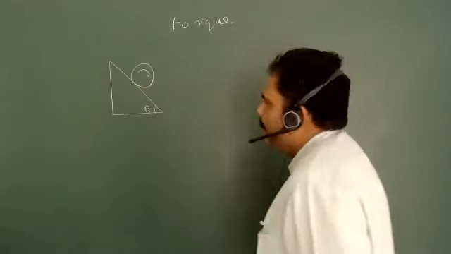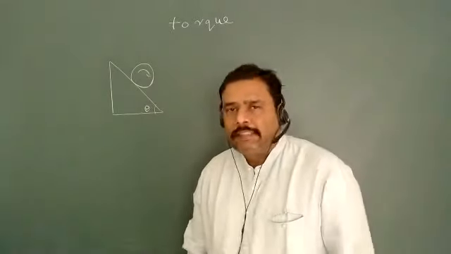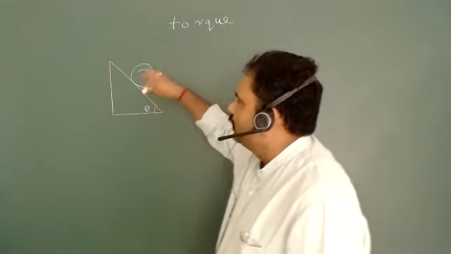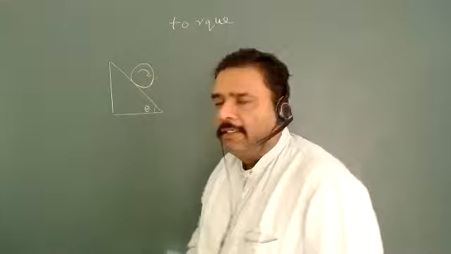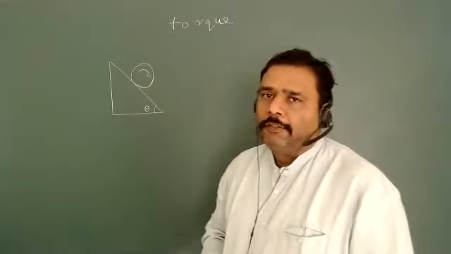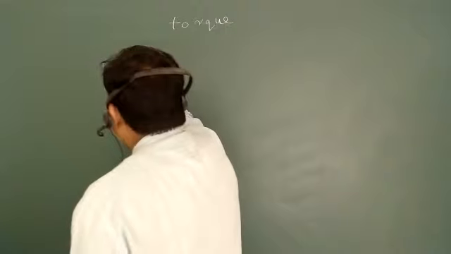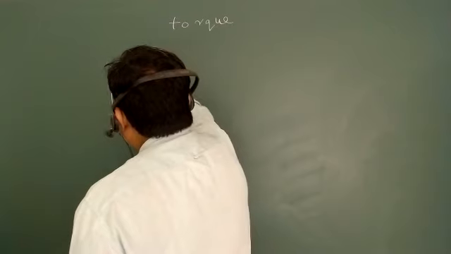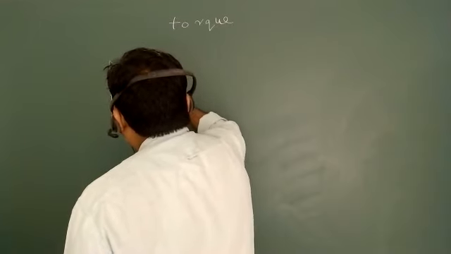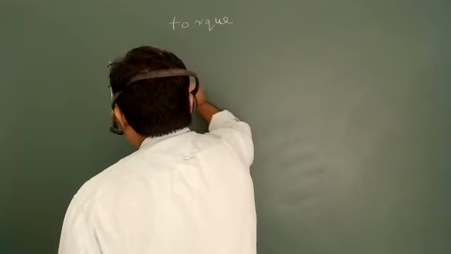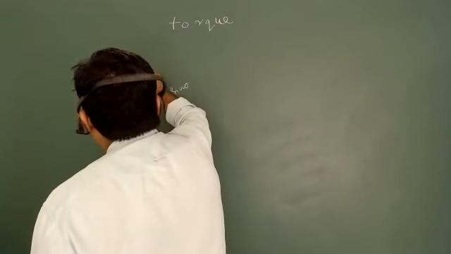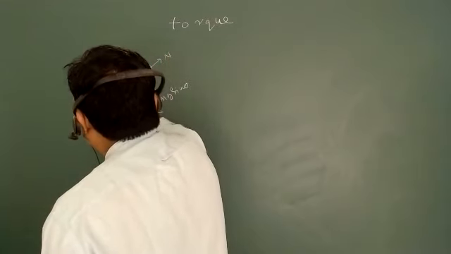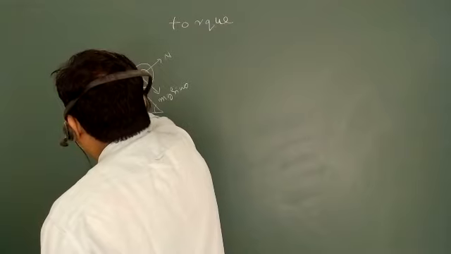So obviously we know that static friction is circumstantial in nature. Once the circumstances change, the direction and magnitude of static friction are going to change. So what we have is mg in the downward direction, and here we have mg sine theta, and this is my normal force, which is balanced by mg cos theta.